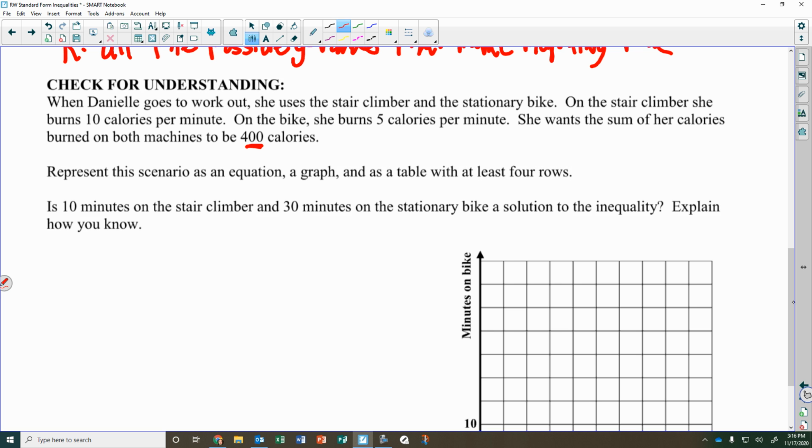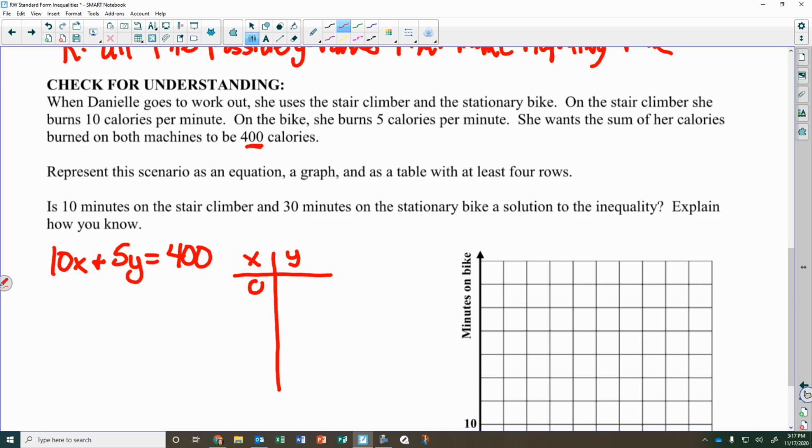So it says represent the scenario as an equation, a graph, and a table with at least 4 rows. So the equation, right, if we let x be the number of minutes on the stair climber, that would be 10x. And the calories burned on the bike is 5y, and she wants to burn 400. So that's our equation. If we go ahead and make a table,